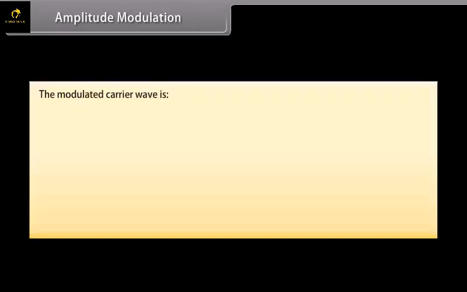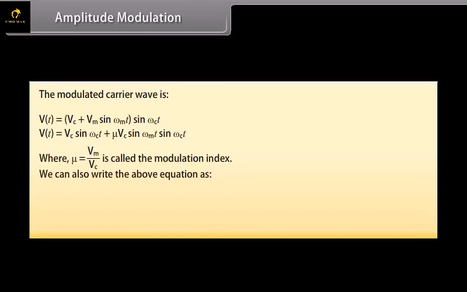The modulated carrier wave is given by v(t) = (Vc + Vm sin ωmt) multiplied by sin ωct, which can be written as v(t) = Vc sin ωct + μ Vc sin ωmt sin ωct, where μ = Vm/Vc is called the modulation index. We can also write the above equation as